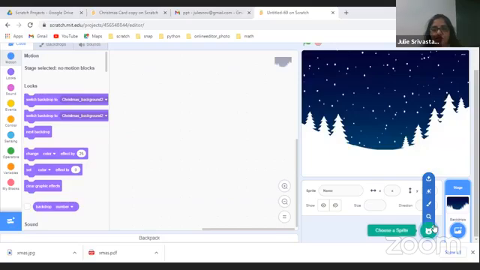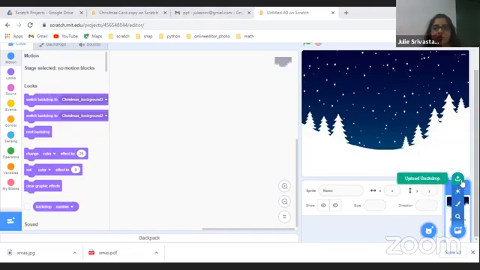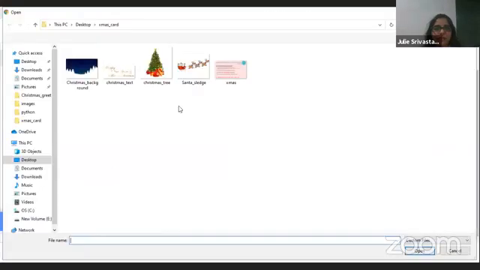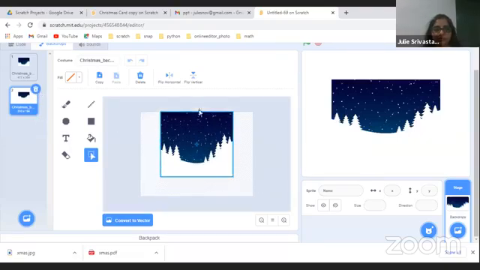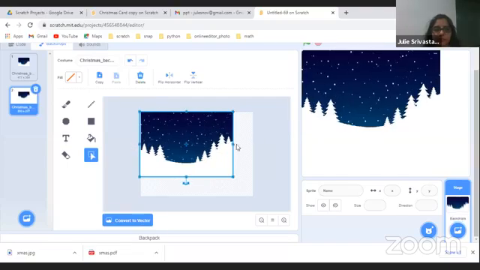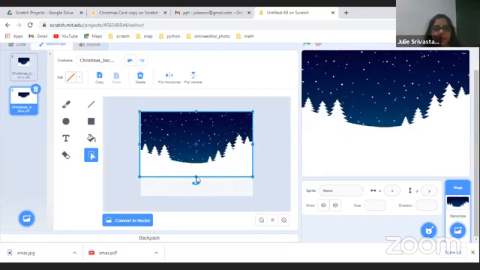In this 2 minutes, I'm going to repeat this again for everyone. You choose a backdrop. On the extreme right, there's an option called choose a backdrop. You go to the 4th option called upload backdrop. You select the Christmas background. You open it. Yes, and then you scale it using the select tool. Okay, I'm going to go to the next part now.